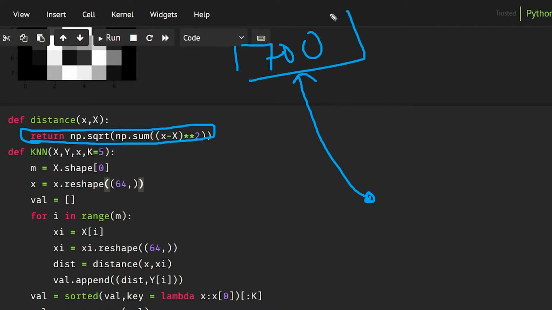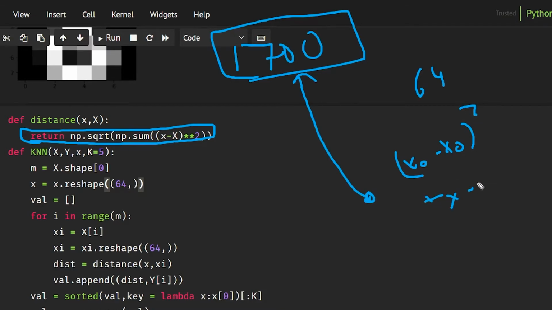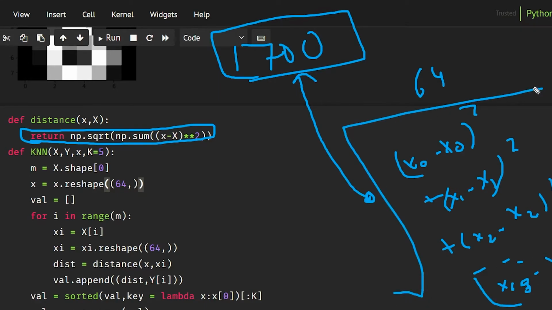And as we have 64 features, it is doing x0 minus capital X0, squared, plus x1 minus capital X1 squared, plus x2 minus capital X2 squared, and similarly up to x63 minus capital X63 squared, and then it is taking a square root of this. All of this is happening at runtime.